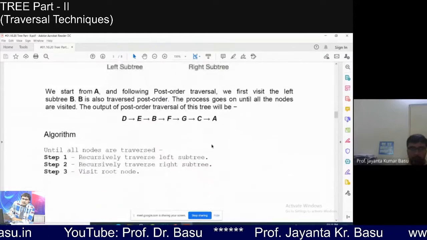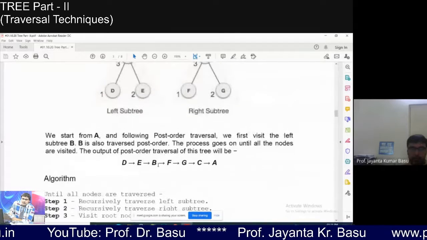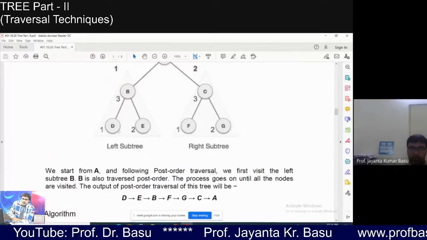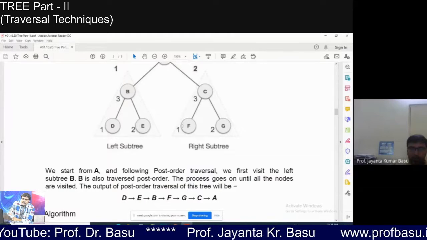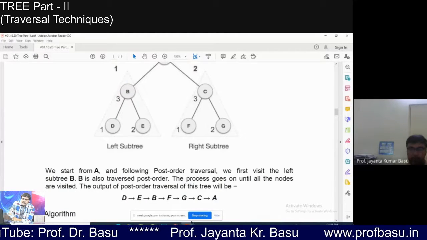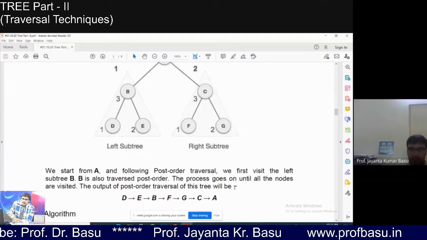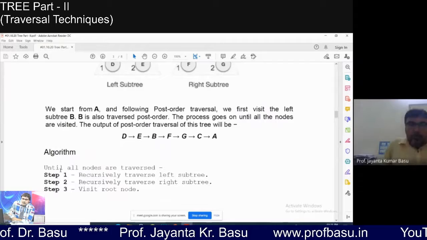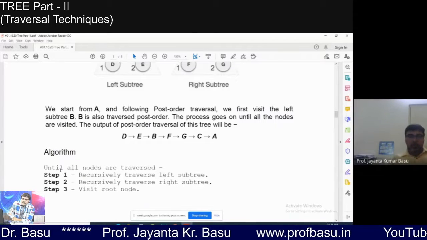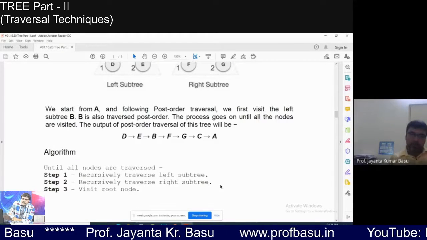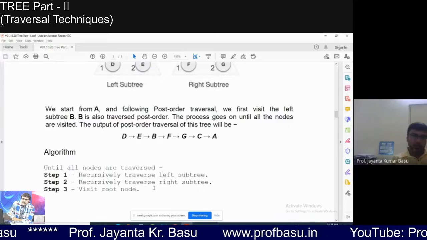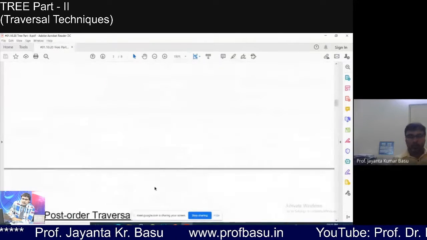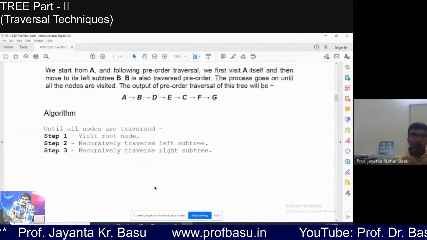So the output will be D, E, B, F, G, C, A. The algorithm is similar: until all nodes are traversed, recursively traverse the left subtree, recursively traverse the right subtree, and visit the root. So that's all with traversal of a binary tree.